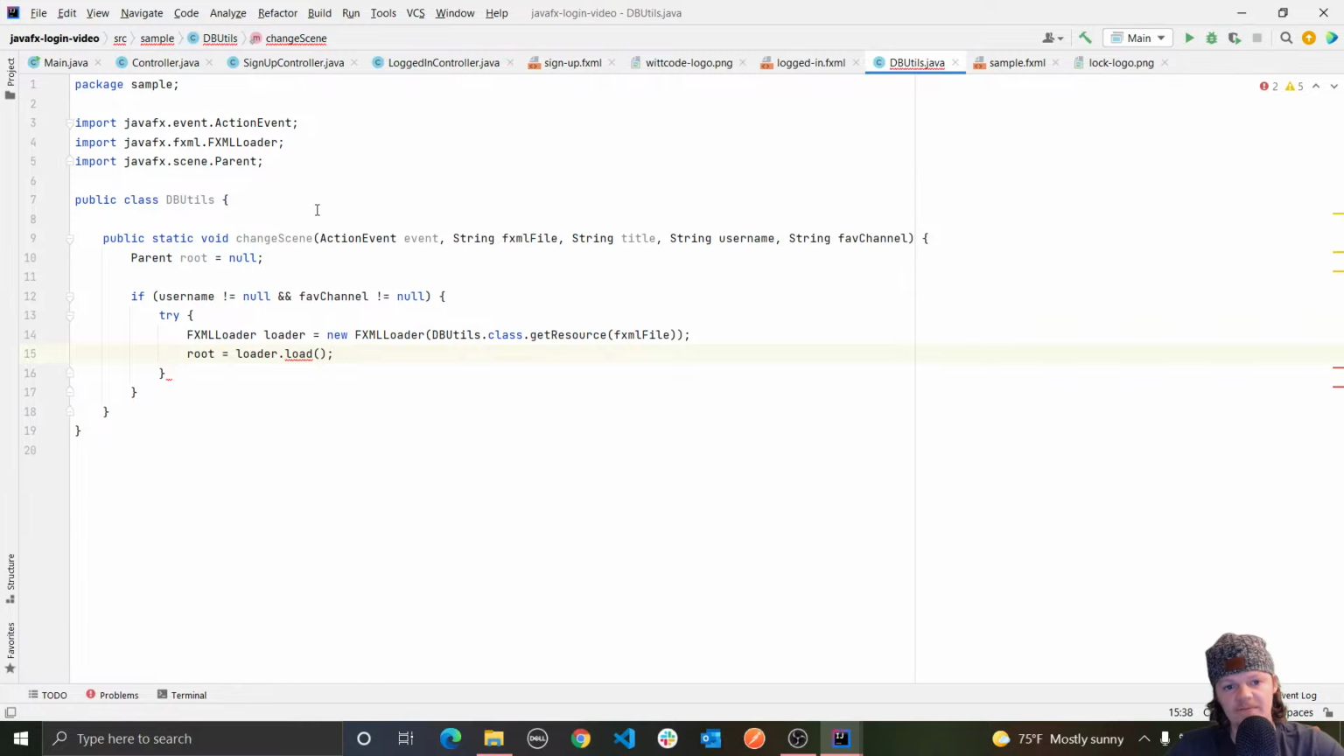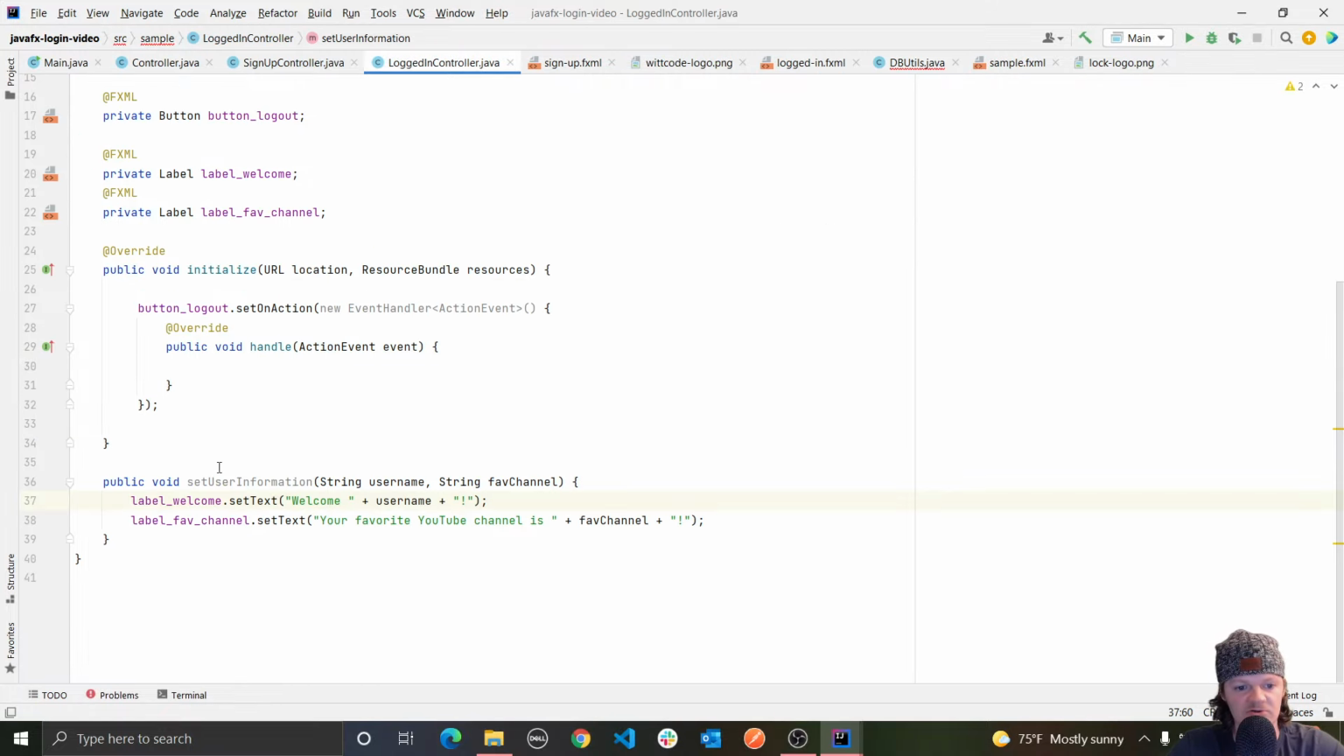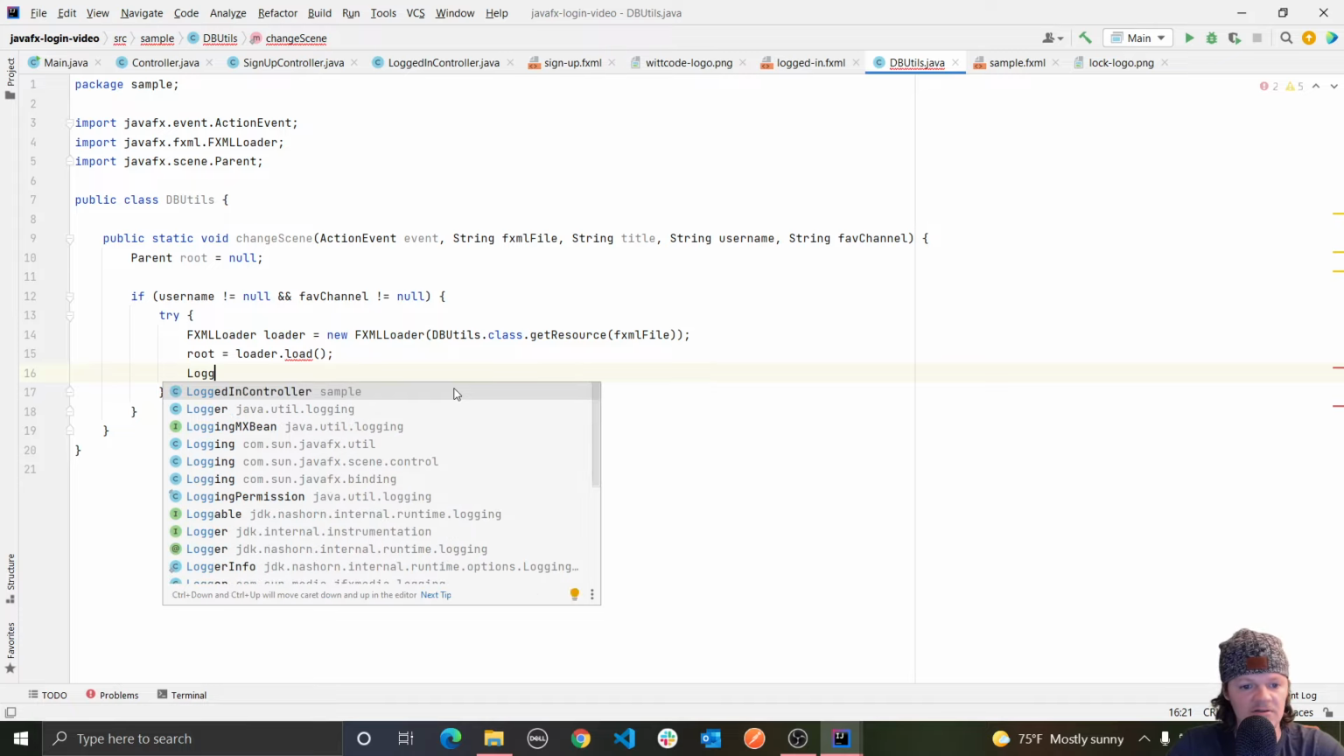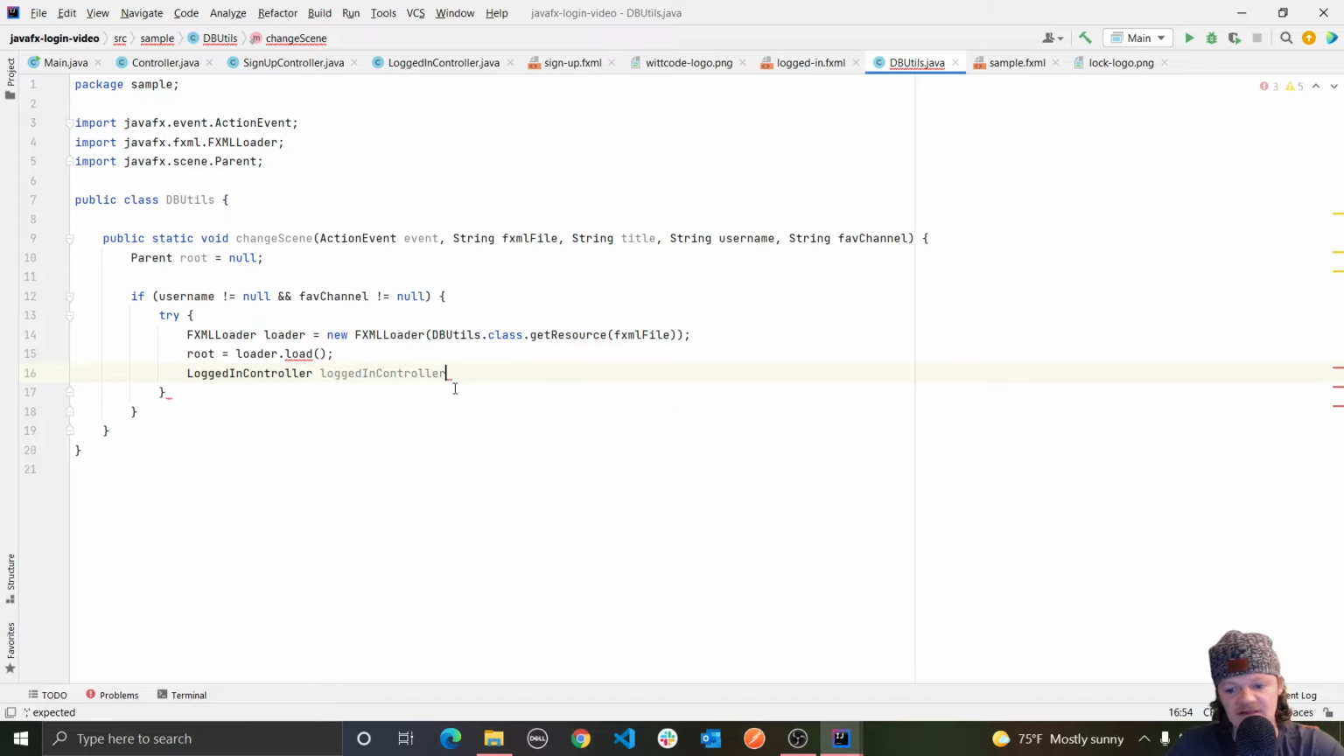And the controller that we want to pass the data to, of course, is this logged in controller here, because this is where we're actually going to be setting their username and their favorite channel. So let's go back in here. And the controller we want to get, as I just said, is a logged in controller. I'm just going to set that equal to that. And then we can set this equal to